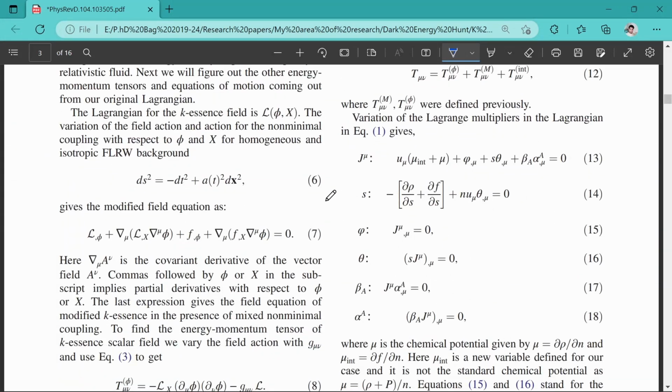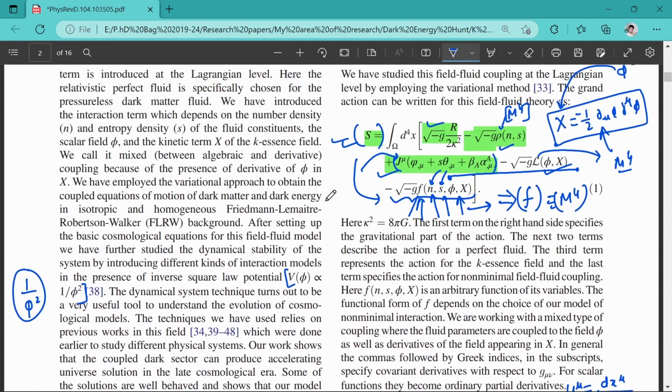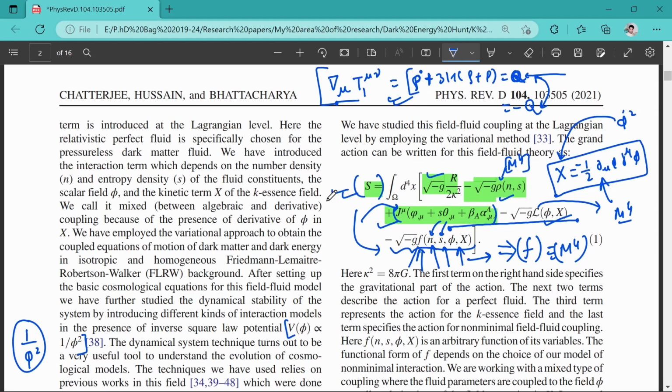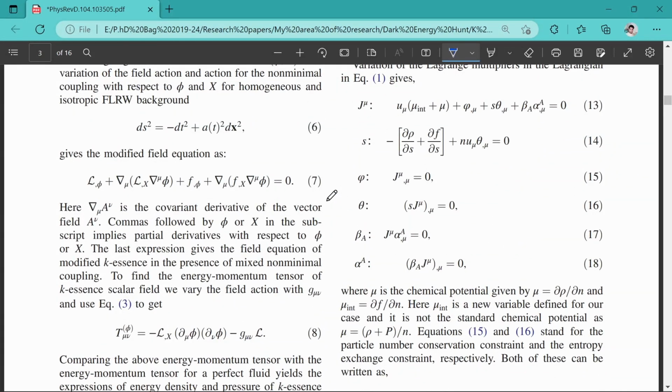So these are very old and you can easily find them. The extension, which we have not studied till now, is that K-essence is talking to dark matter directly. So there is exchange of energy momentum through the metric, and they can also interact directly. Then what kind of things can grow and happen? The field equation will be modified. If there is no f, then there would be no such equations.